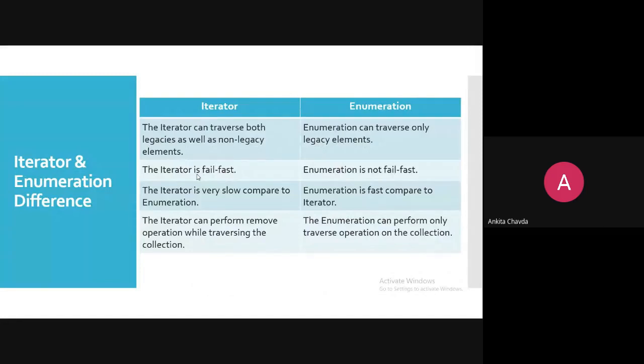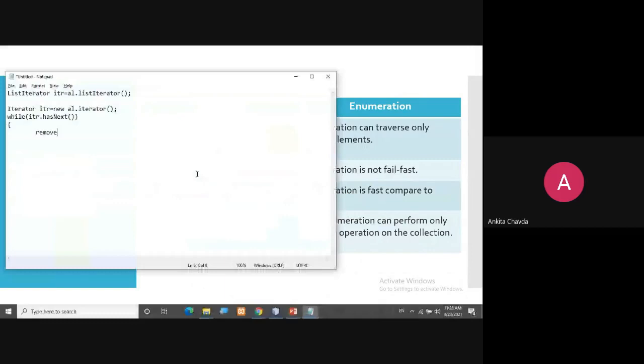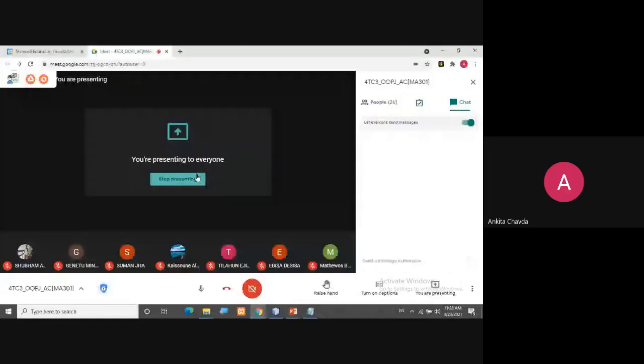Now, what is legacy and non-legacy? As we have discussed, we had the array list class as well as the vector class. Array list is a non-legacy class because it was introduced after a few versions, where vector was already there.